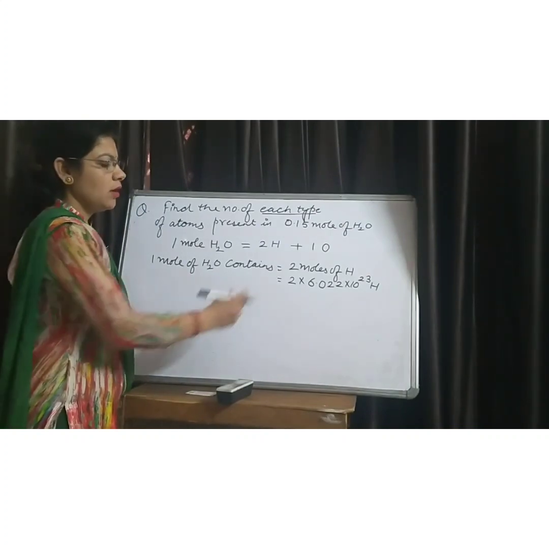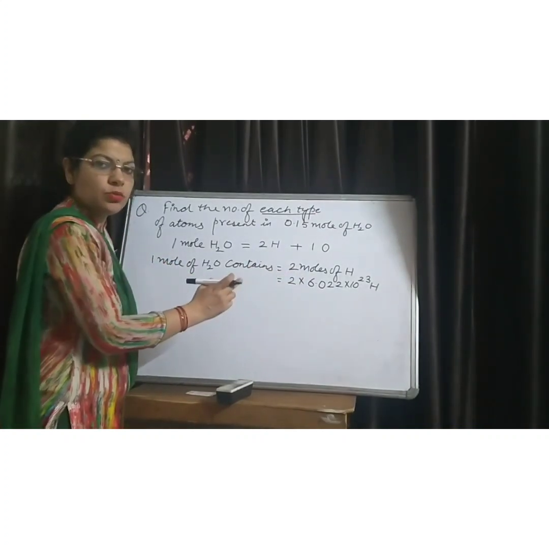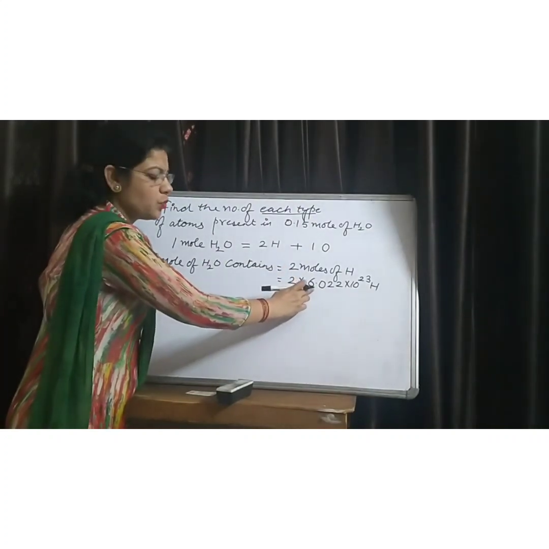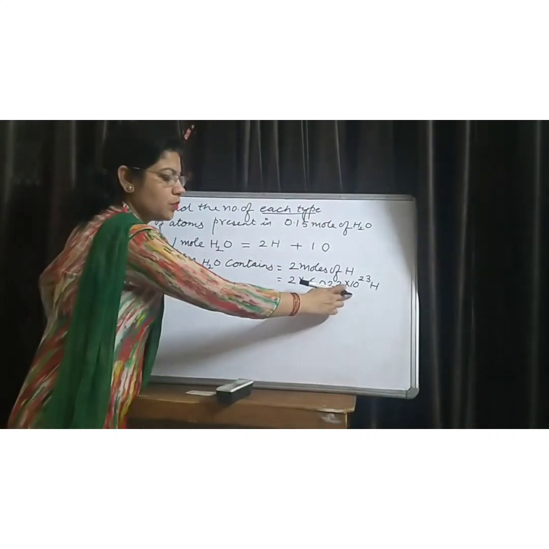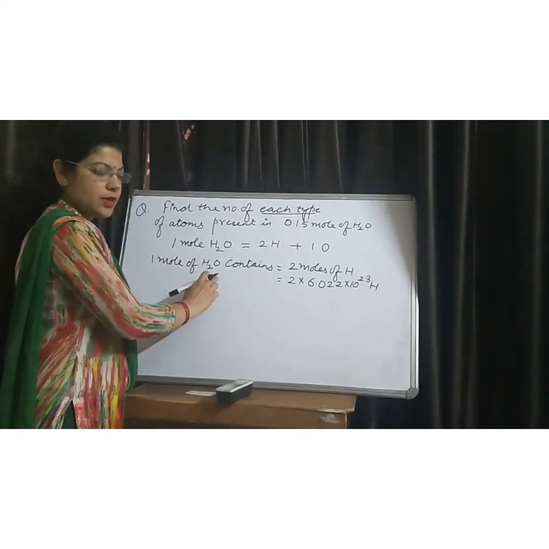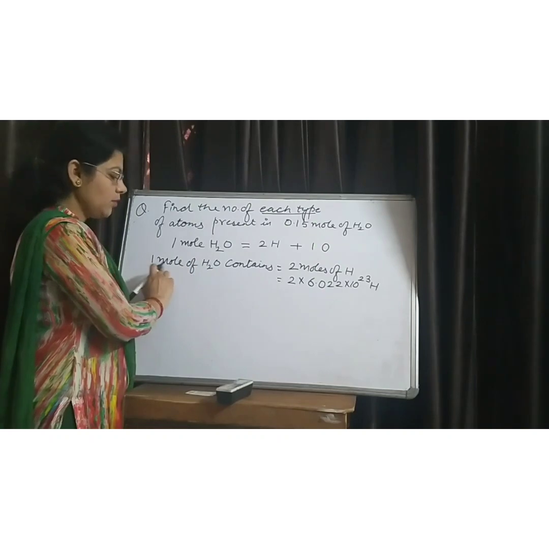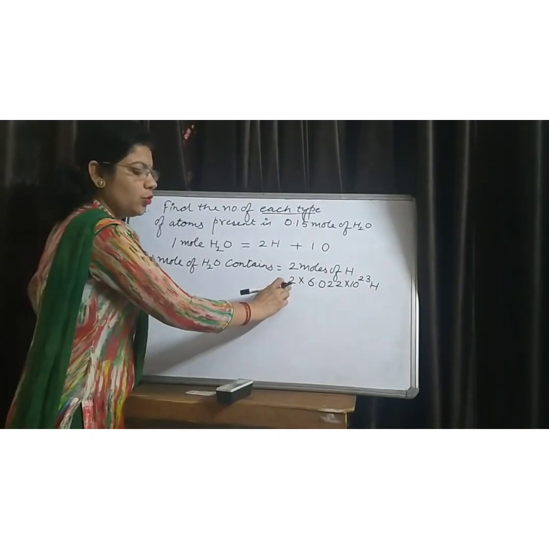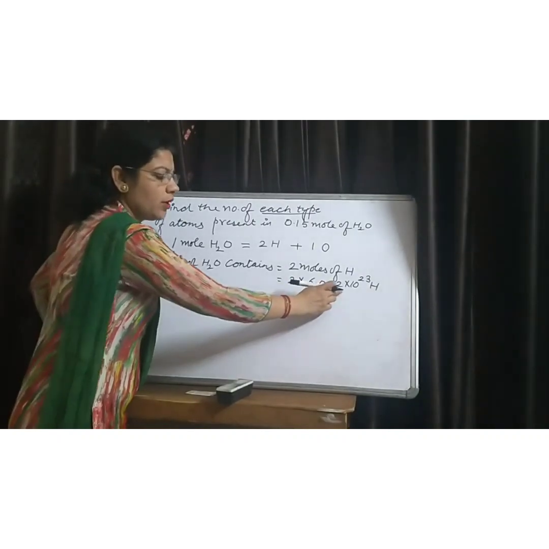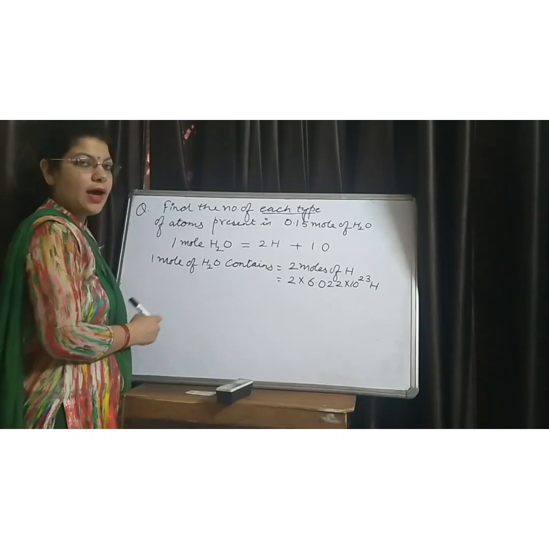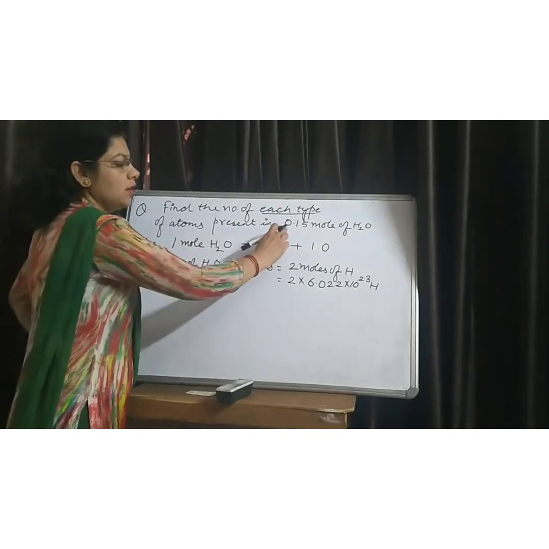As we know that 1 mole is equal to Avogadro number, and the value of Avogadro number is 6.022 into 10 to the power 23. Therefore, 1 mole of water molecule contains 2 into 6.022 into 10 to the power 23 hydrogen atoms, and we have to calculate in